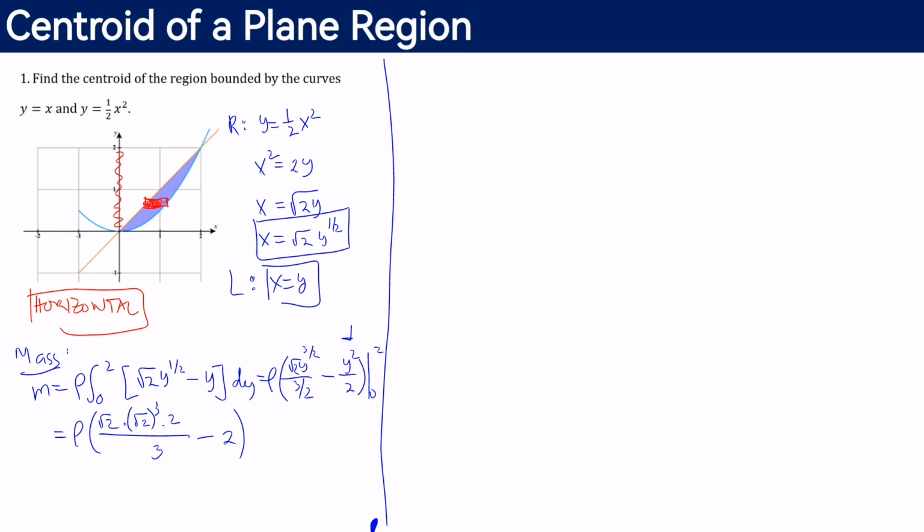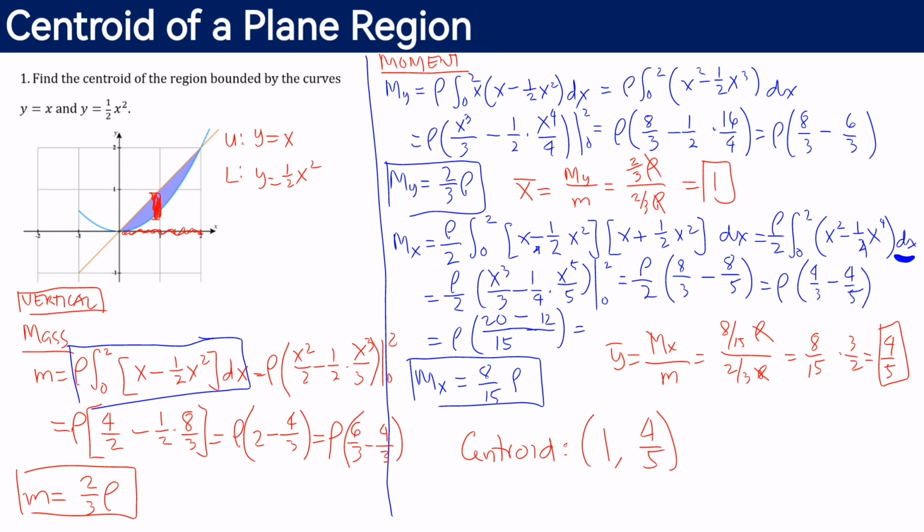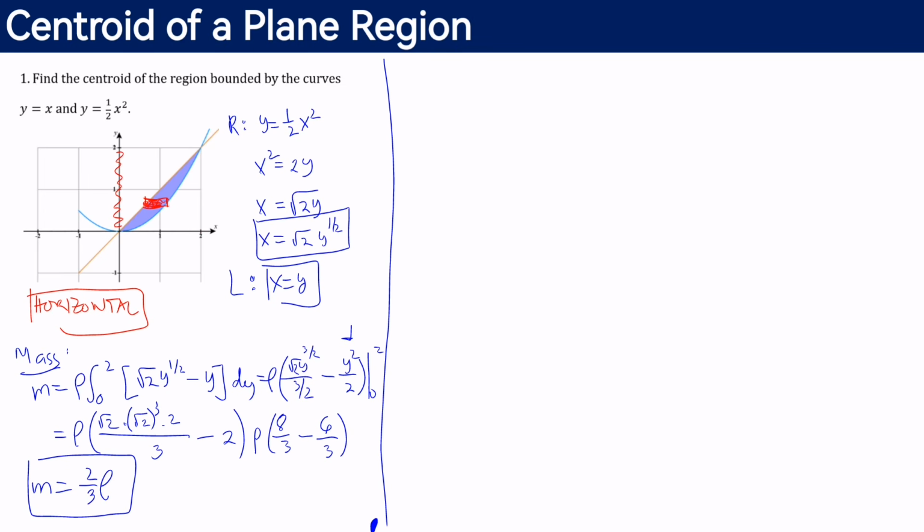Okay, let's simplify. So we will have here 8/3 minus 6/3. So the mass is 2/3 rho. Let me see if it's the same as in the previous slide. Yeah, it's the same. Now let's find the moments